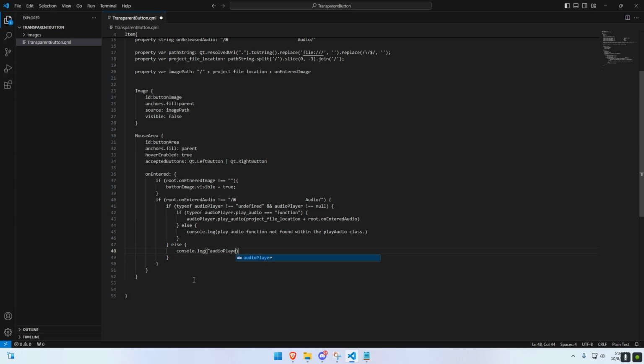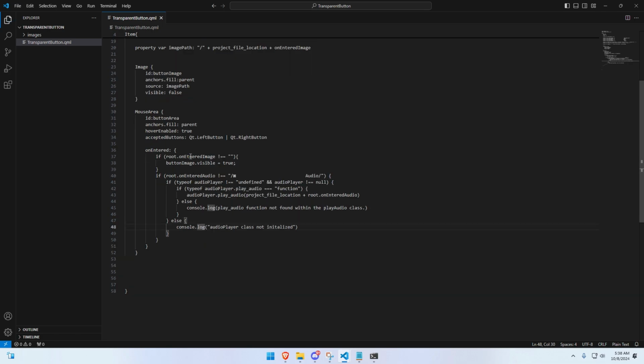Audio player class not initialized. Oh, and I have a little error here where the end is not in the right spot. Okay, so now that we have the onEntered logic done, we're going to come down here and we're going to